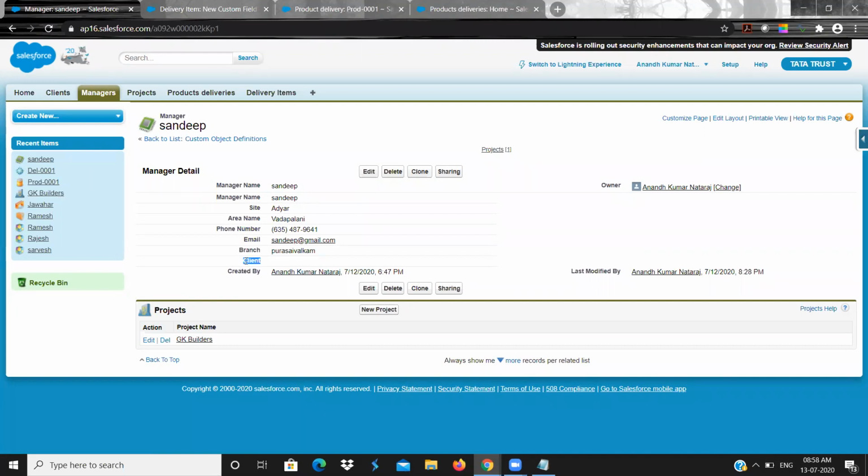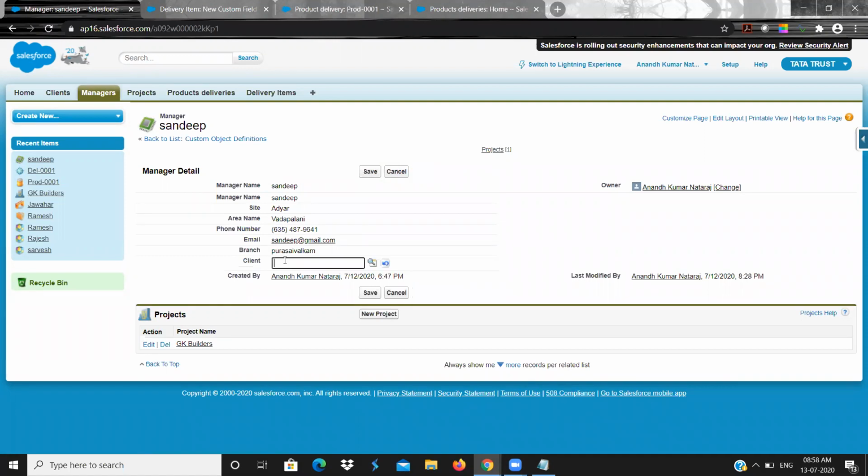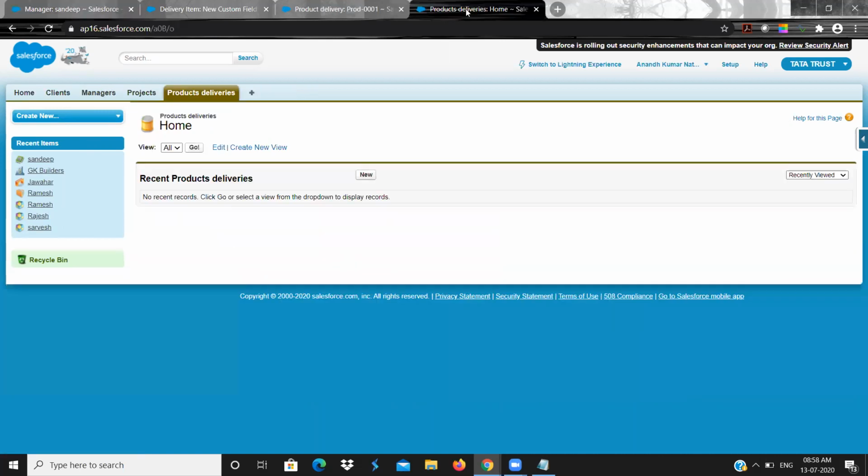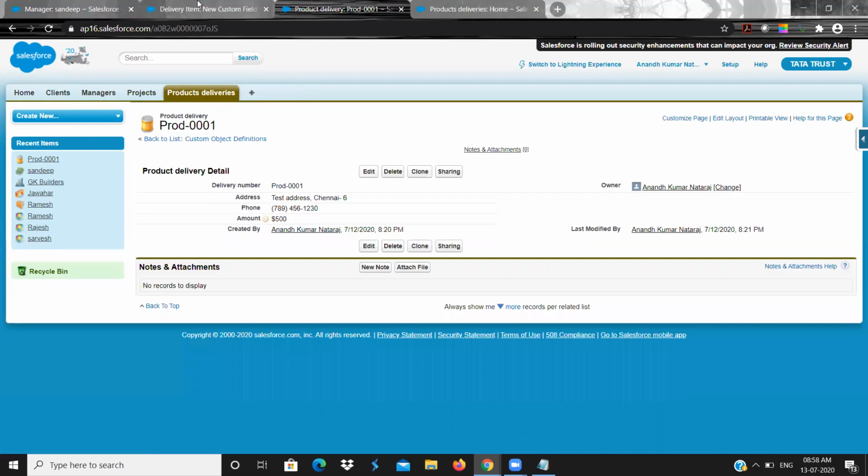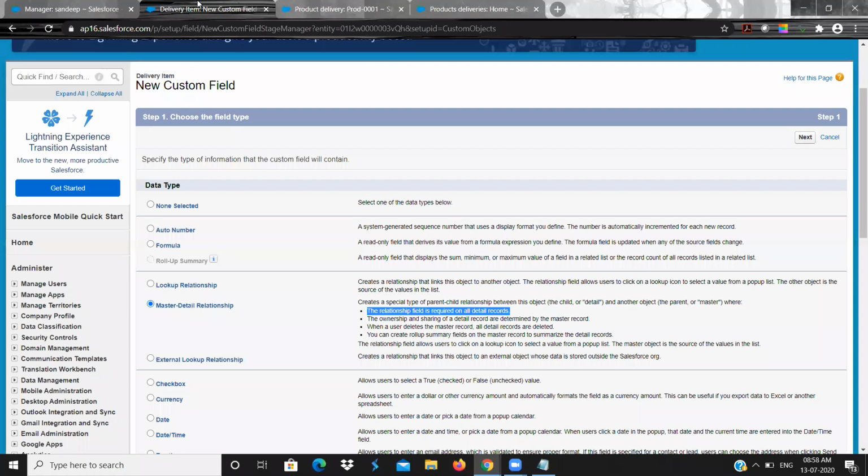This relationship field is not mandatory in lookup. If you don't give it, no problem, because the parent is independent and child is independent, child is not dependent on parent. But here in master detail, if you see, it says relationship field is required. Why? Because it is completely dependent on parent. Child records are completely dependent on parent.